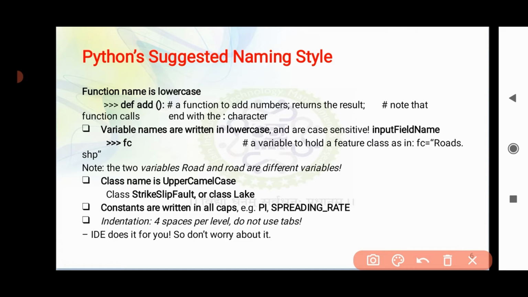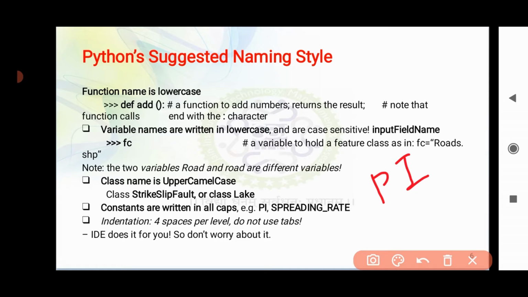All constants, whenever you are making use of any constants in your program, should compulsorily be written in capitals. For example, the pi value in maths, which is always constant, is 3.14, isn't it? So you can write it as PI, always in capitals, in case you are using it in your program.